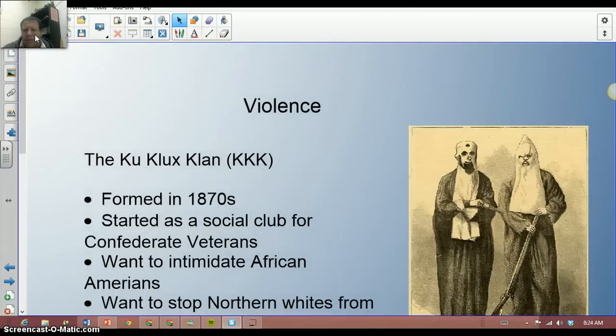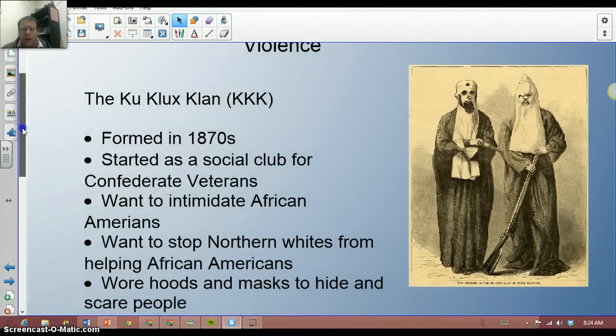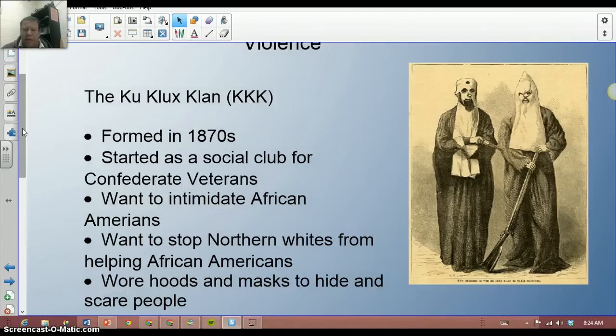A lot of times we saw violence too. In the 1870s, a group called the KKK, the Ku Klux Klan, started. Originally, it was just a big social club for Confederate veterans, but they also wanted to intimidate African Americans and stop them from voting and stop other people from helping out African Americans in the South. So they would ride around at night. They wore hoods and masks to hide and scare people, and try to force African Americans